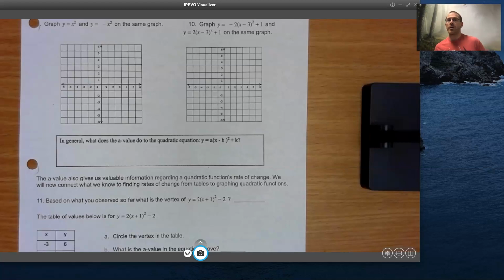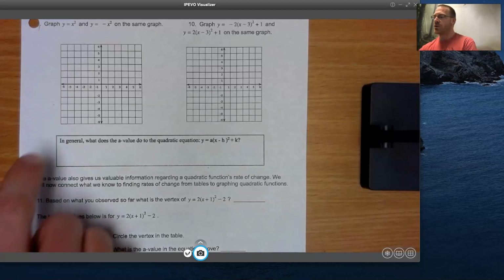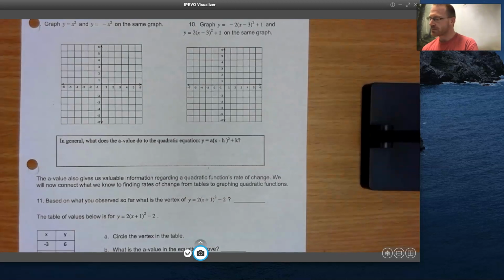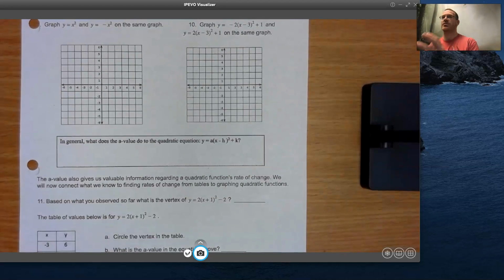All right, so we're back and we're going to continue with our conversation about graphing and writing equations of quadratics. And you went through the exploration last time on determining what is the vertex, what does that a value do. All right, you worked up to problems 9 and 10. Now what we're going to do is continue that and try to make some connections to solidify your